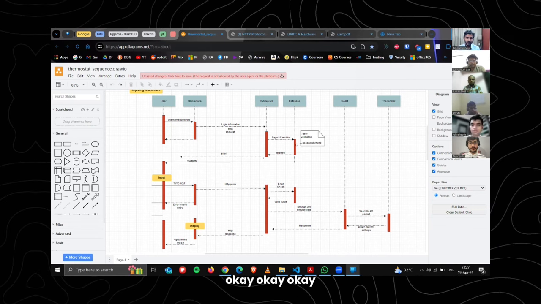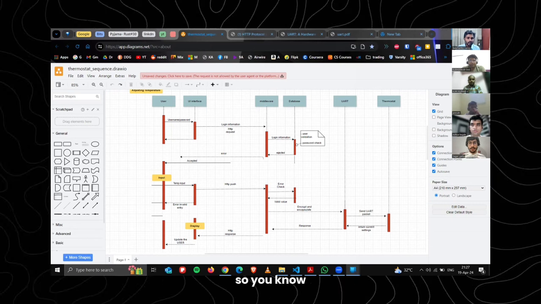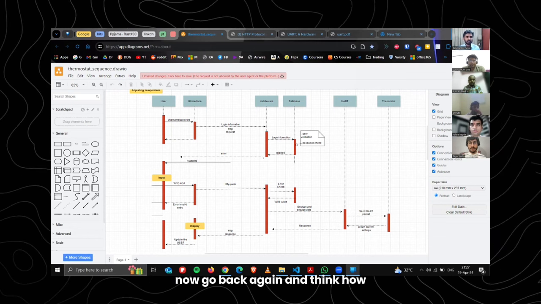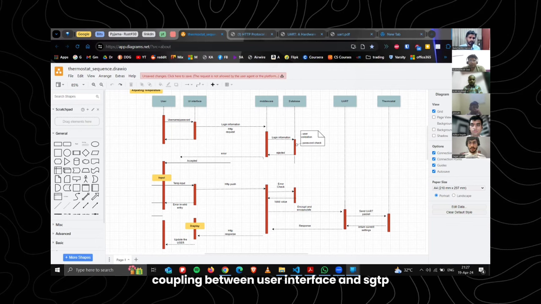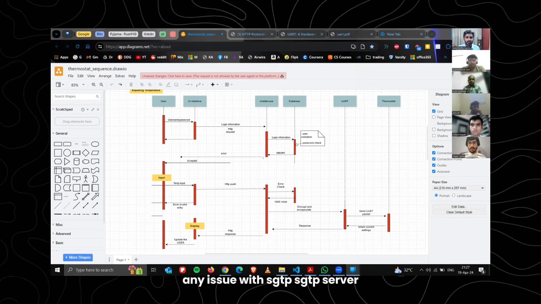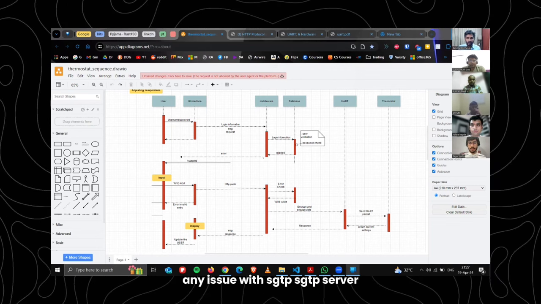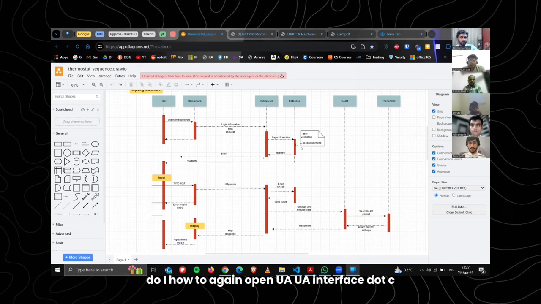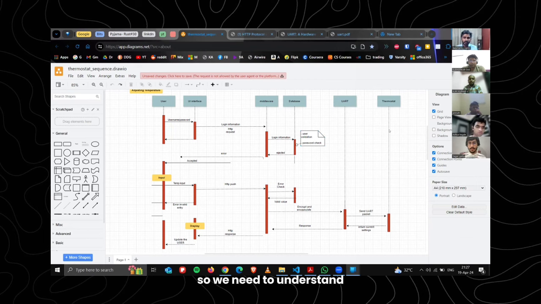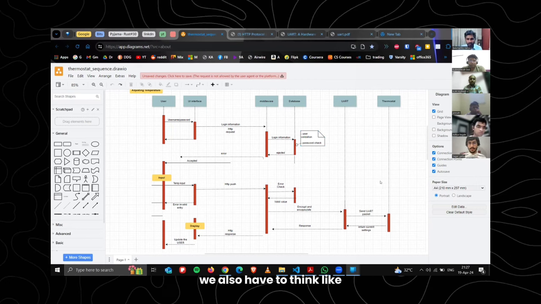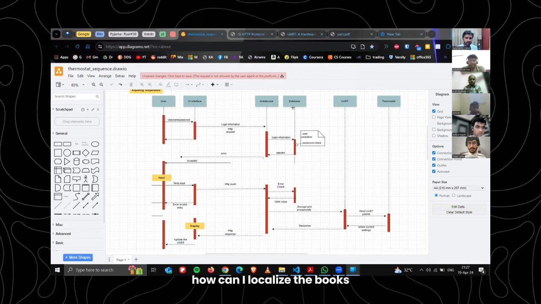Right. So now go back again and think how strong you want the coupling between the user interface and HTTP. Any issue with the HTTP server, do I have to again open UI interface.c or do I have to open HTTP.c? So we need to understand. We also have to think about how I can localize the bugs.